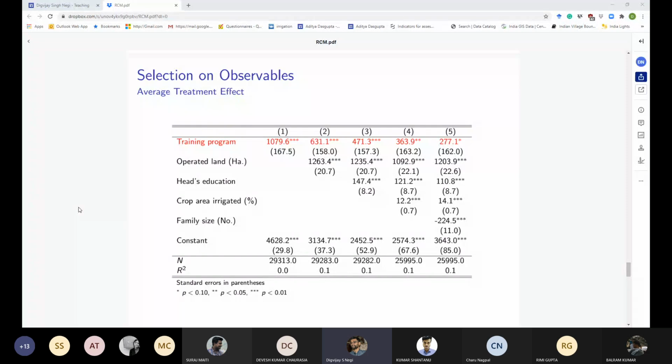So basically, how should I explain this? Classical measurement error is an error which is random. Okay. So let's say here in this case, our outcome is agricultural income. You can imagine when you talk to people about their incomes, the errors in measuring incomes would be very high because people generally will not be very forthcoming in reporting their true incomes, right?